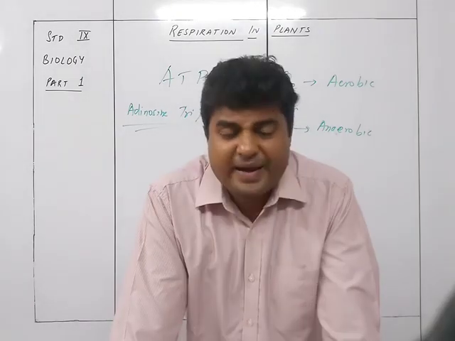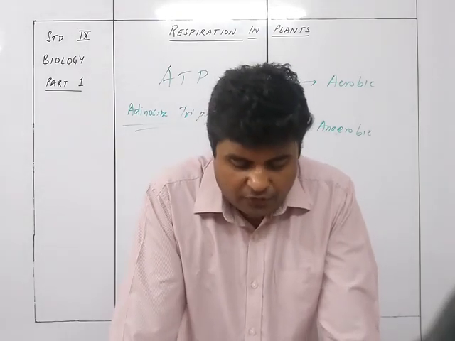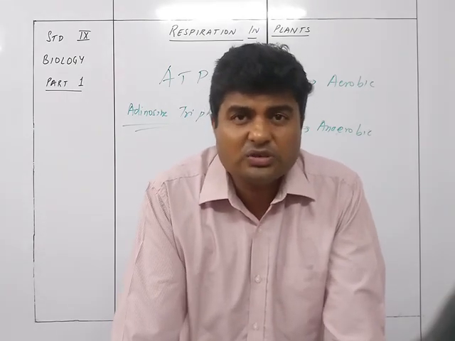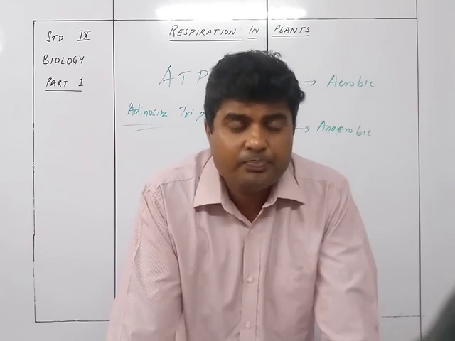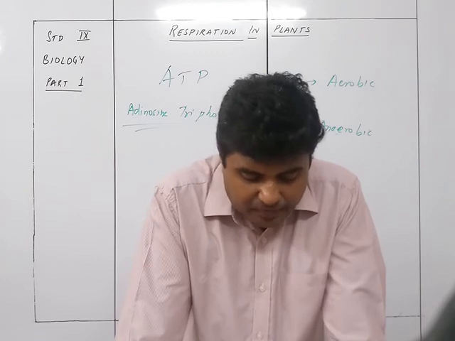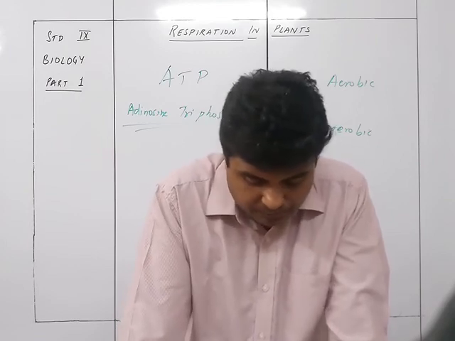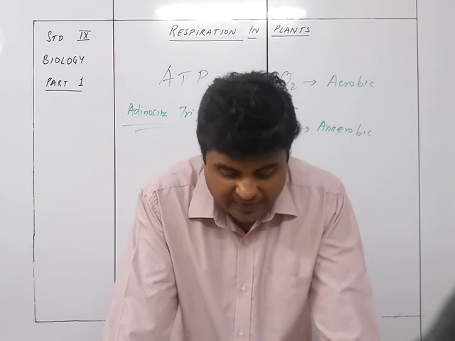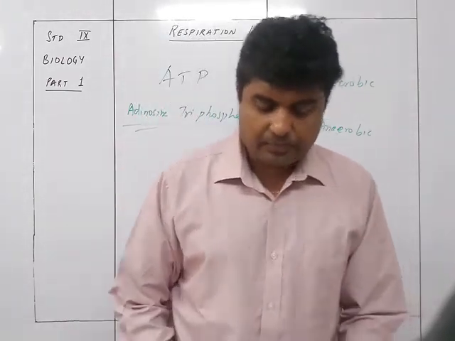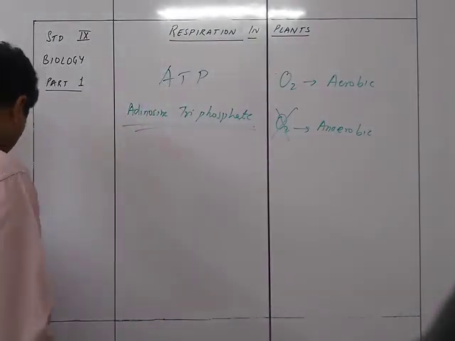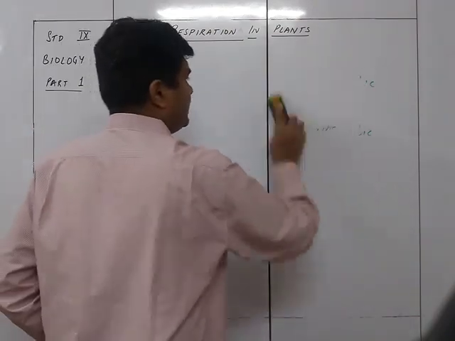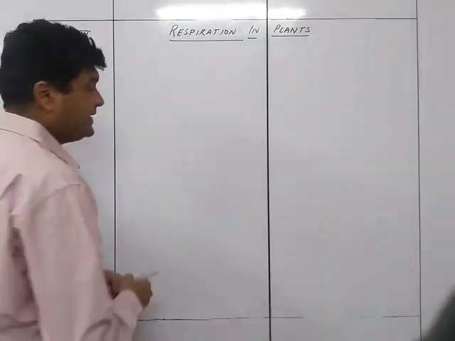This energy is made available by the breakdown of glucose, a simple carbohydrate. So by the breakdown of glucose, this energy is going to be made available to the plant or the animal body. The chemical breakdown of glucose occurs by utilizing oxygen and is represented by the following overall reaction. The chemical equation is given as